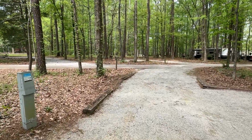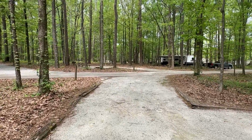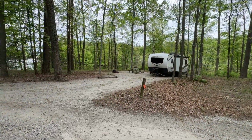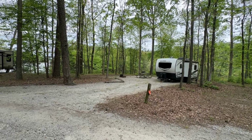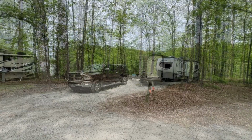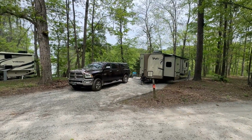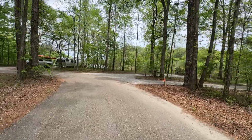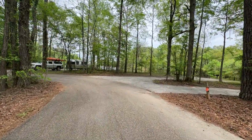Let's continue to walk the Antioch Loop. I'm only showing you the best campsites. You're looking at Site 95. That's a keeper. You're going to have a water view from your sitting area going down the book. Site 95, folks. Campsite 97, another keeper, folks. So off to the right here, you're going to